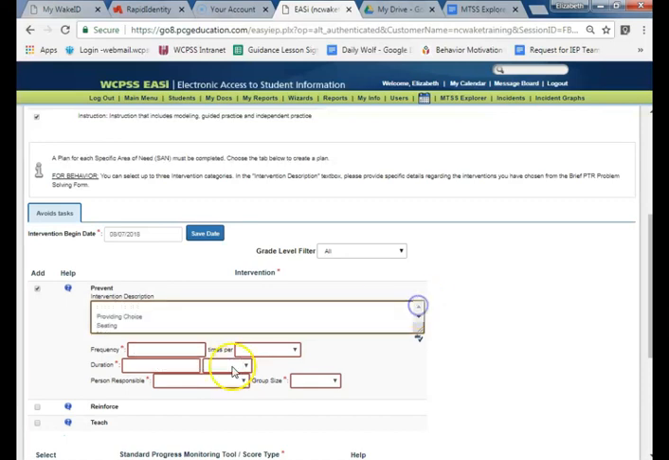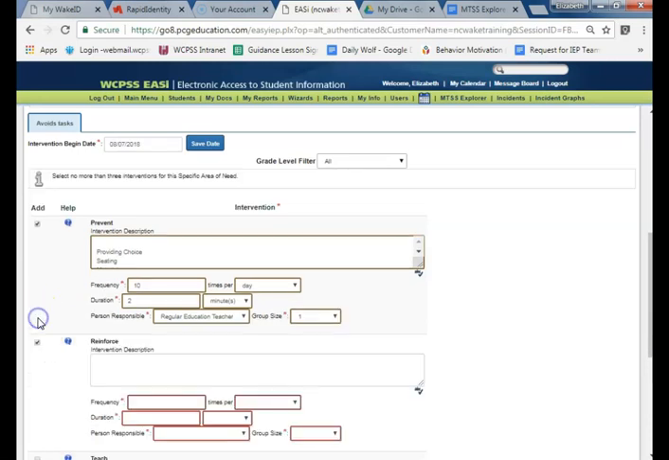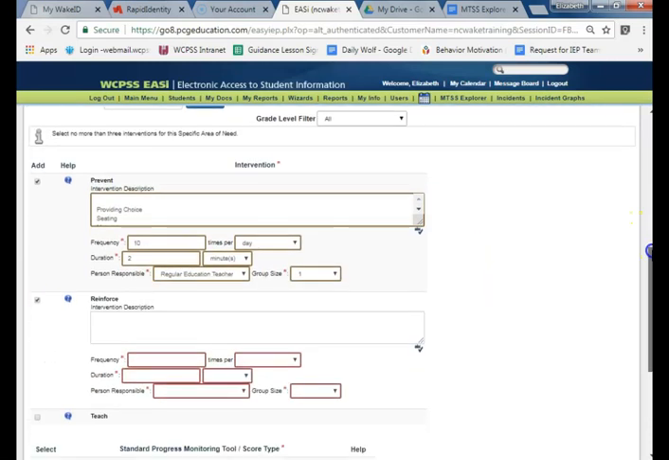So for this example, for provided choice, the frequency I'll have to estimate will be around 10 times a day. It only takes a moment to offer choice, so I will list 2 minutes. The person responsible would most likely be the regular education teacher, and it's going to be a group size of 1. I will continue on with the reinforce intervention and the teach intervention, using the same process that I did